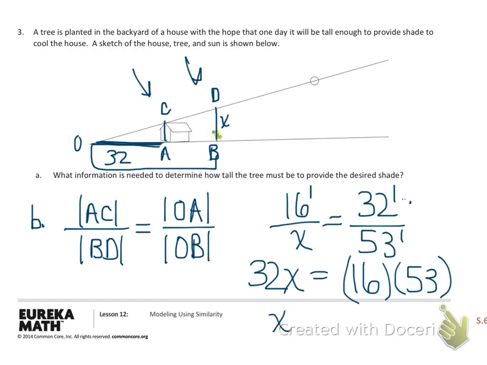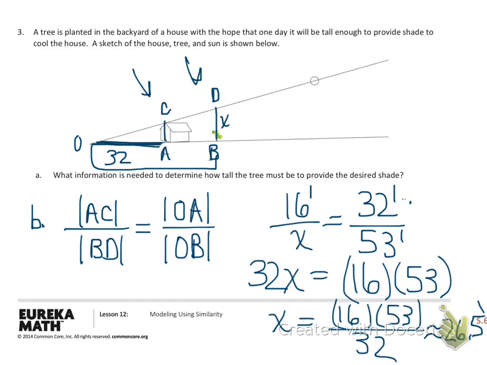So X is equal to 16 times 53 divided by 32. And that is approximately 26 and a half feet, 26.5 feet